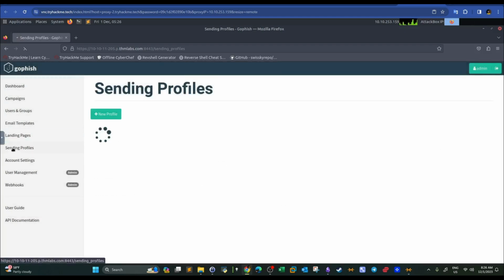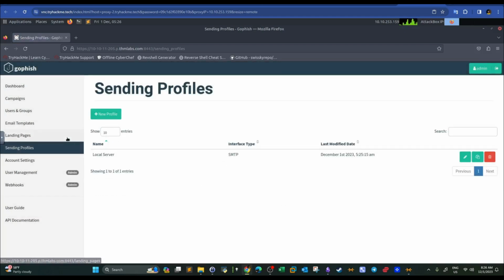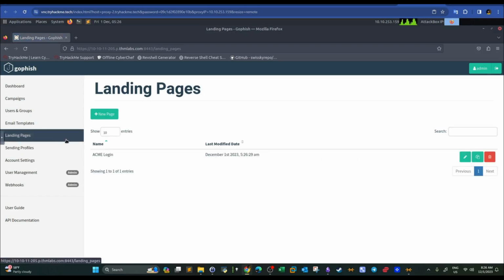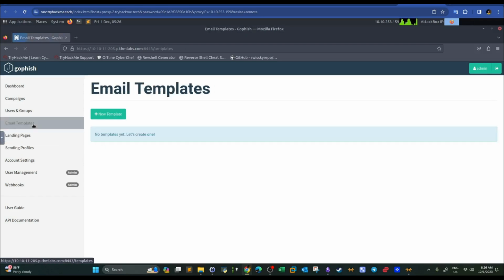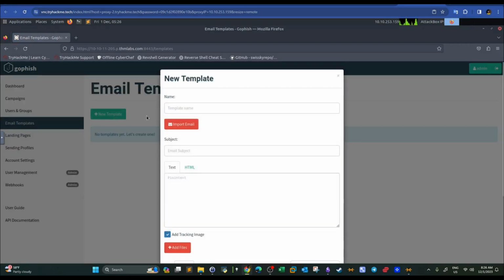So we have the sending profiles and we have the landing page ready. Now we need to start designing the email template. The email template is the contents of your email that should be convincing enough for the recipient to click on the link. Okay, so we're going to name the template email 1. Here we define the subject.